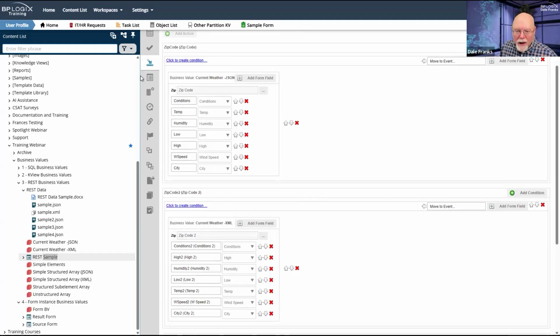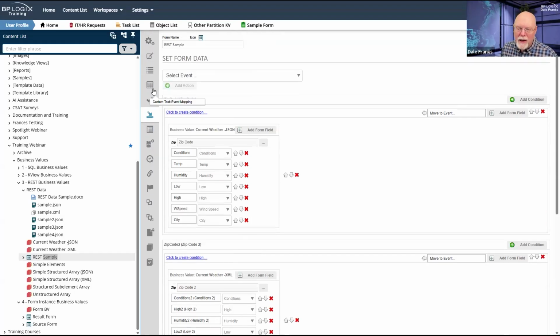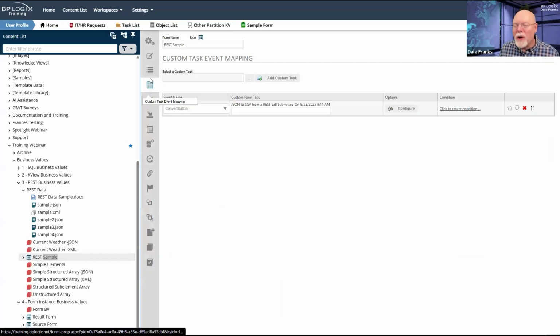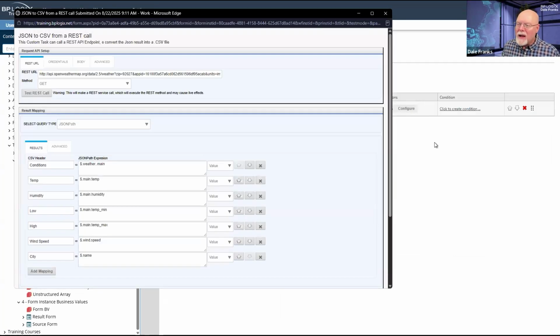There's also one more thing here that we have added. It's not technically part of business values. We'll look at it real quick. We have a custom task called convert JSON to CSV from a REST call.